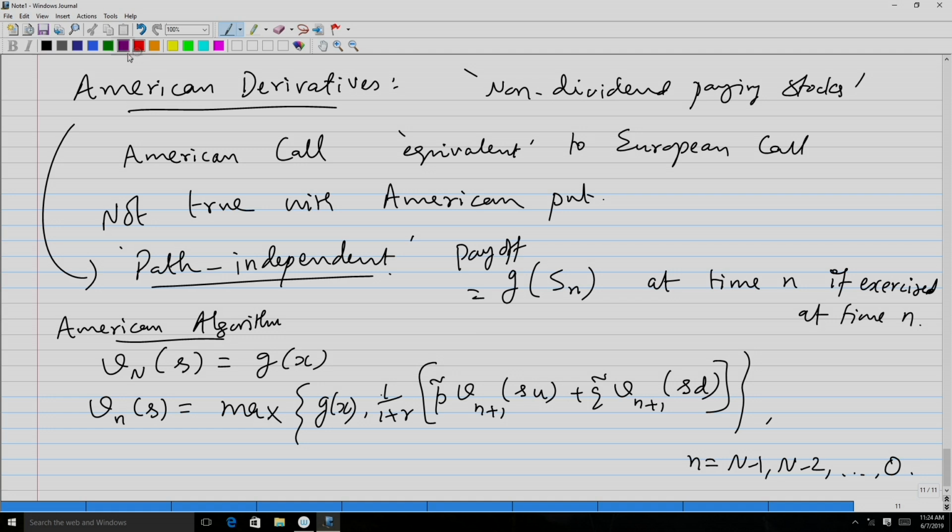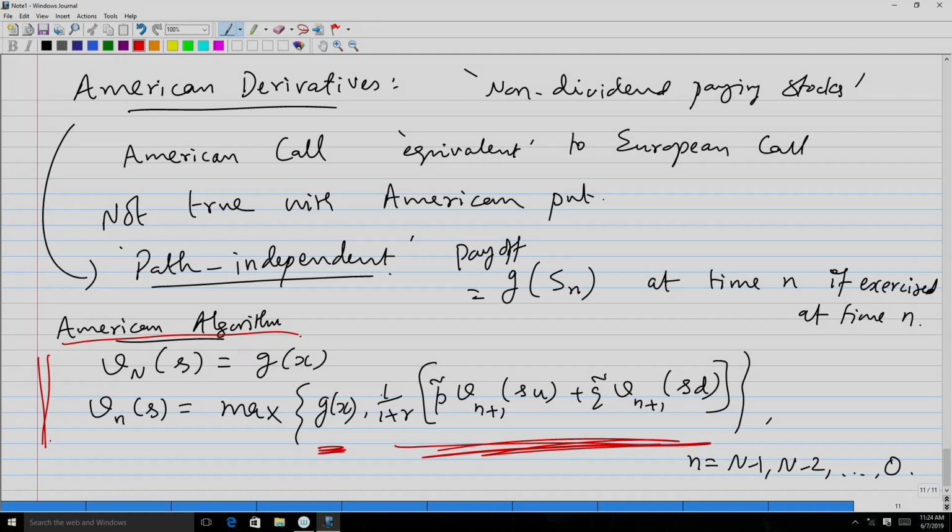So, this is then the American algorithm, where what you are looking at is a maximum of, this is the exercise at time n part, and this part is if it is not exercised at time n. At each time, what you need to have is at least either this or that, since you have to consider both options, and accordingly compute the price. Okay. So, this is the American pricing algorithm in the case of a path independent option.